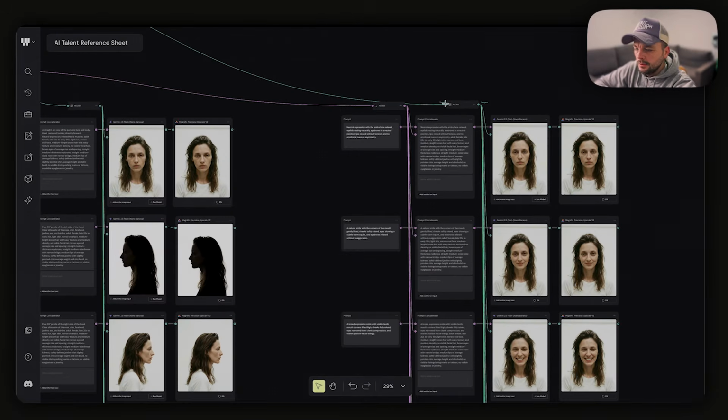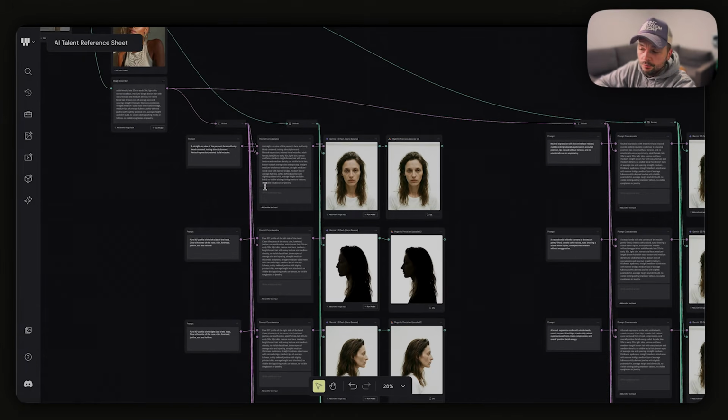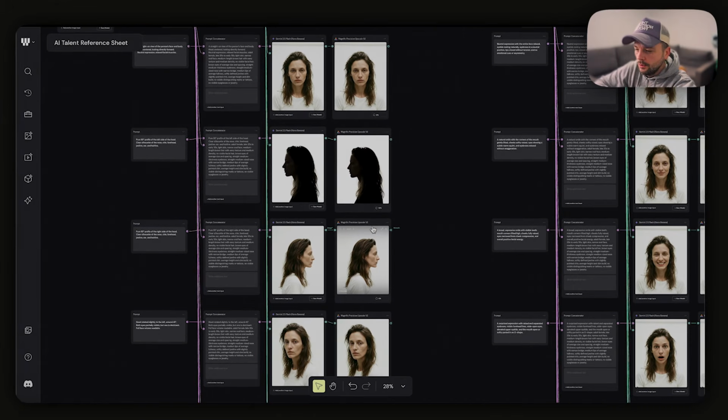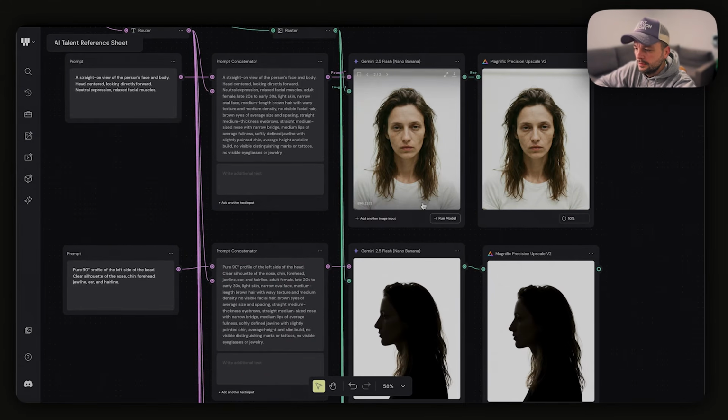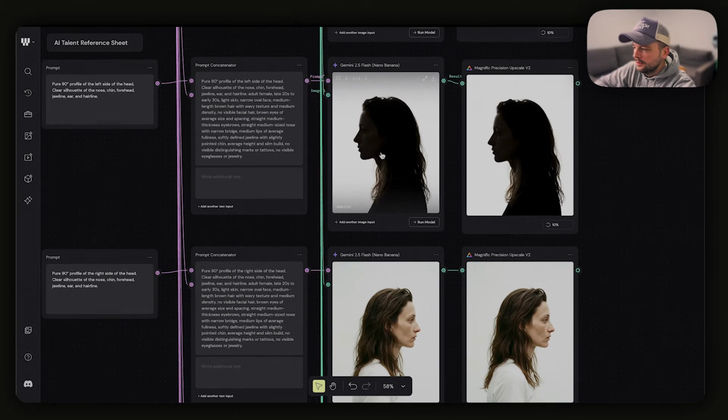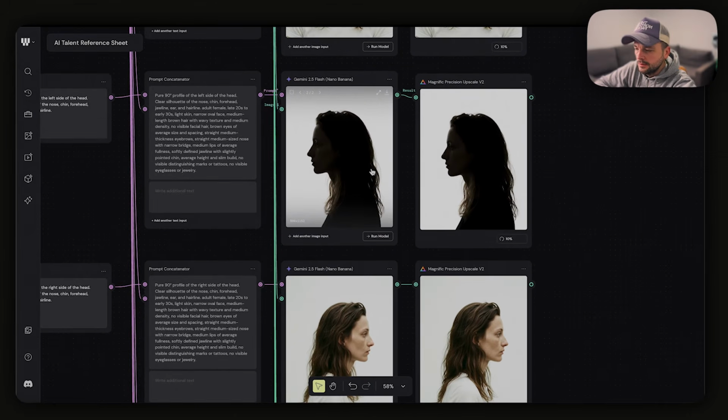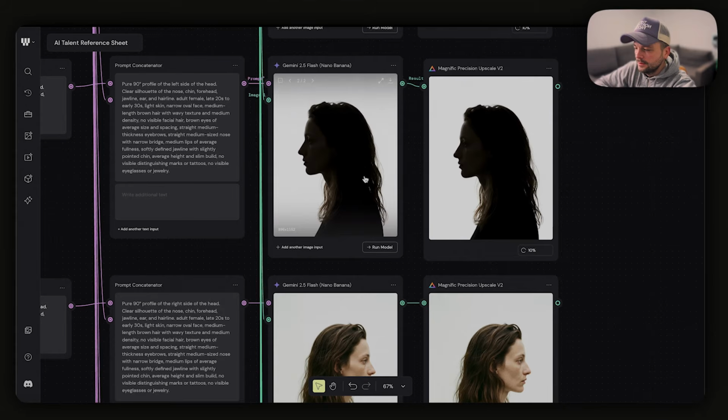And now we are done, and it took not even 2 minutes to get everything done. And I am pretty happy with the result because I can see only 1 or 2 images where it might need to be generated again. In here we have a standard front look, then there is a left side profile. This one it's probably the person, but she's hidden under the strong shadow, so I will let this guy run